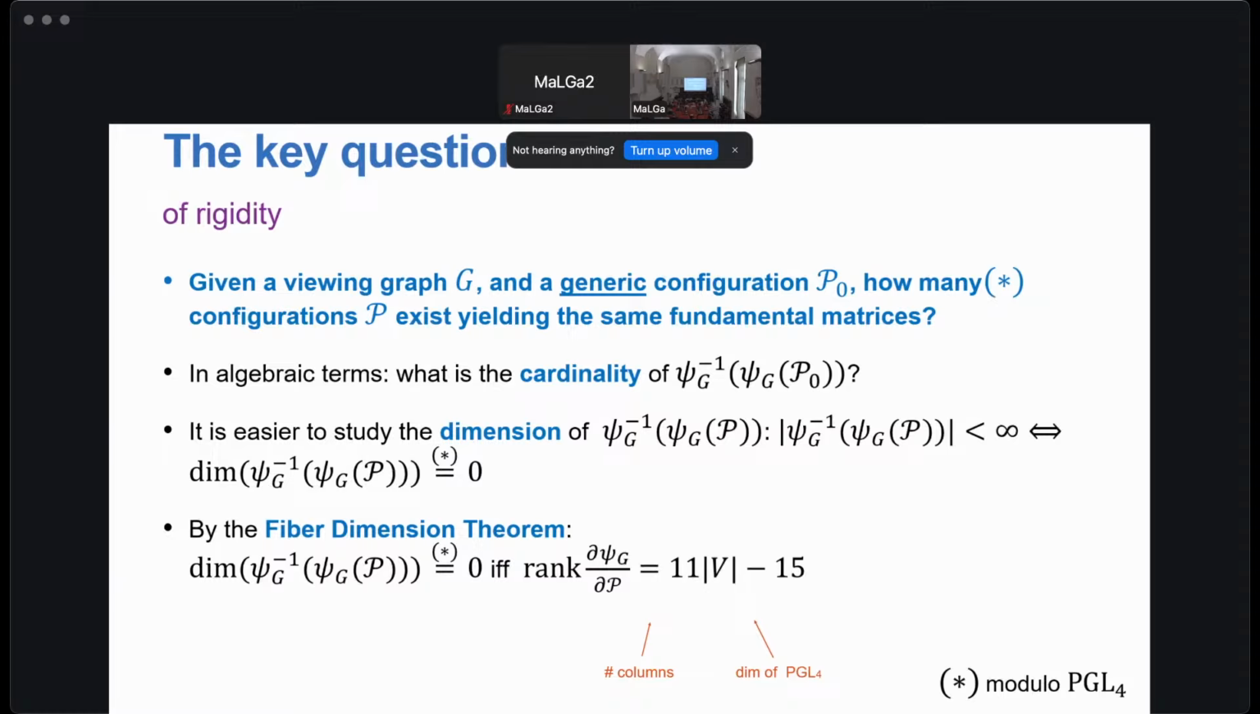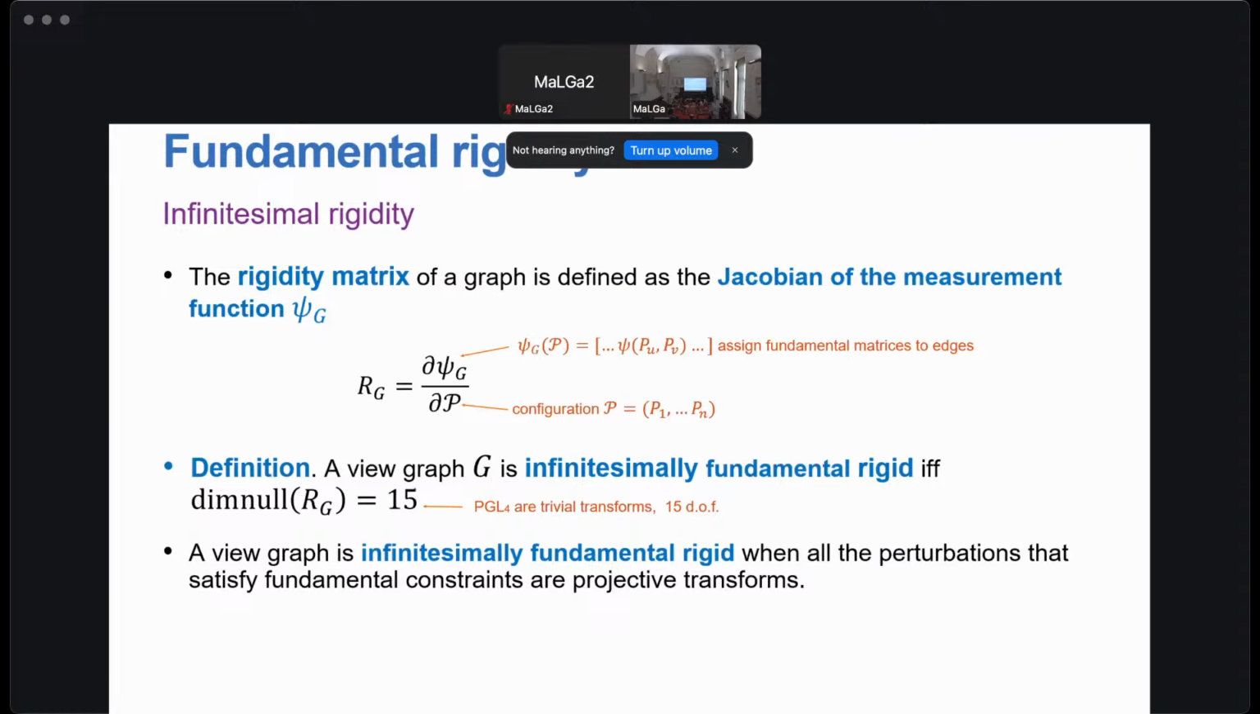And so thanks to a theorem in algebraic geometry, we, with the help of a mathematician, have been able to prove that basically this is the condition for infinitesimal rigidity. So the dimension of this fiber is 0, so there is a finite number of solutions, if and only if the rank of the Jacobian of the measurement function phi is this number, which is exactly the same as in rigidity, because 11 times the number of nodes will be the full rank, minus 15. So 15 is, in this case, the dimension of a null space, and 15 are the degrees of freedom of a projectivity. So this matches exactly the definition of infinitesimal rigidity,